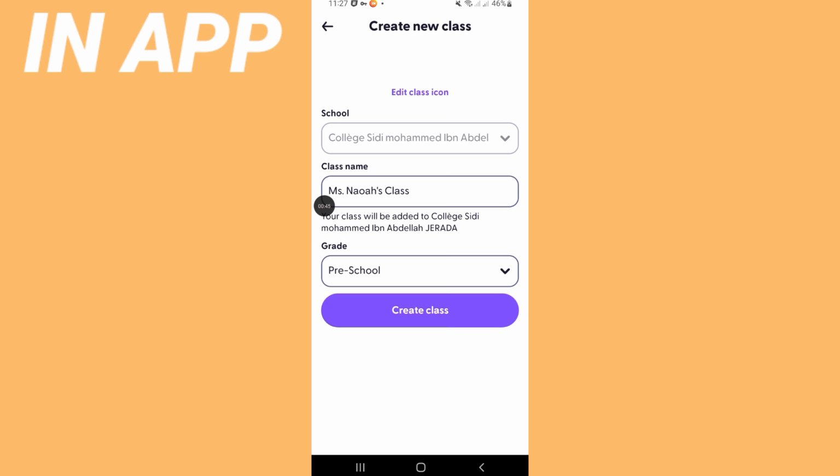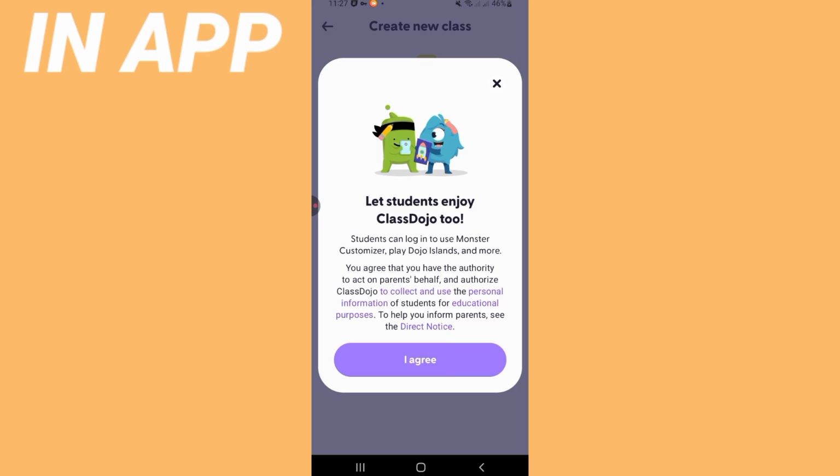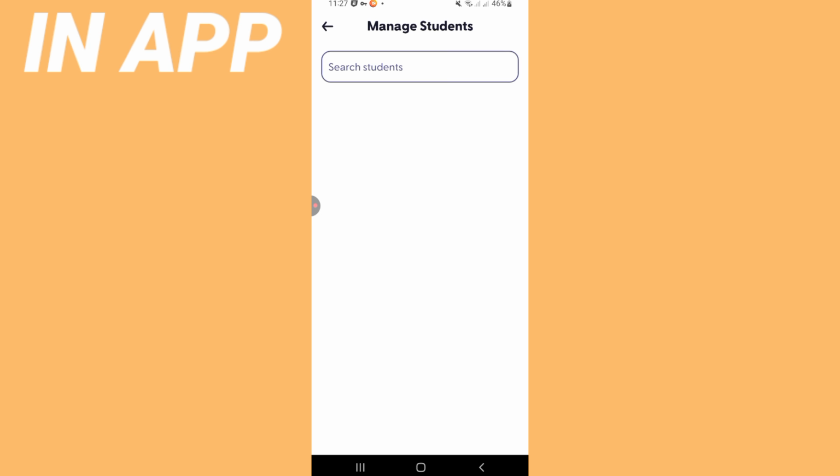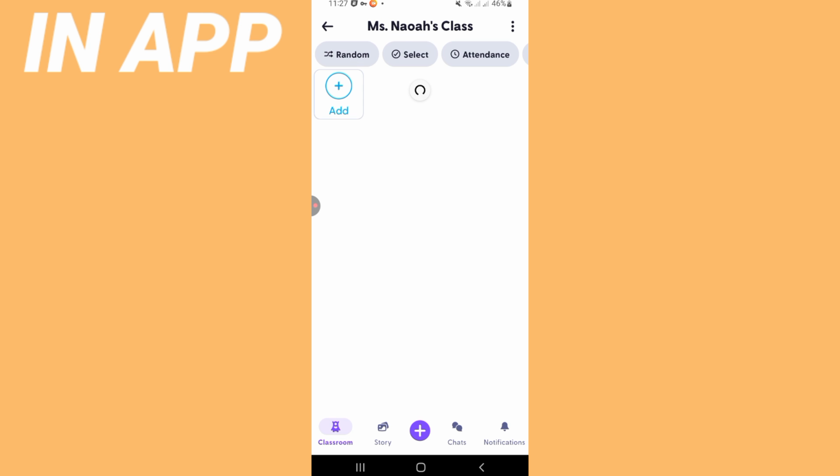Then it's going to take me to another page. So you have to create a new class and click, for example, create class like this. Click I agree. And that's all, guys. As you can see, you create an